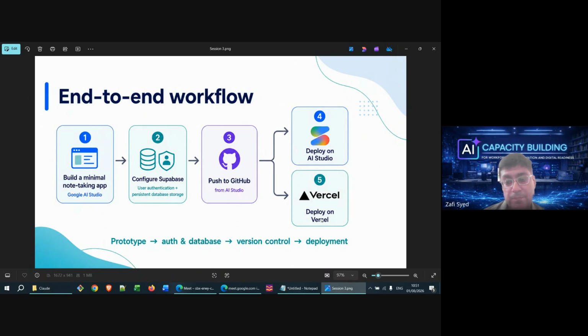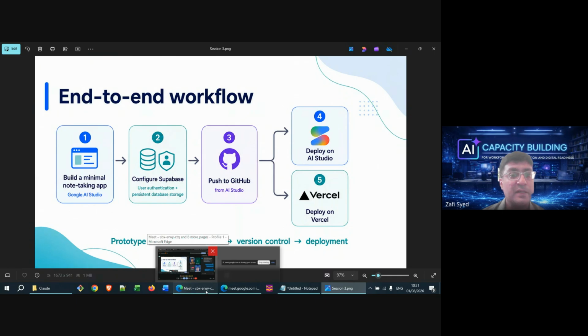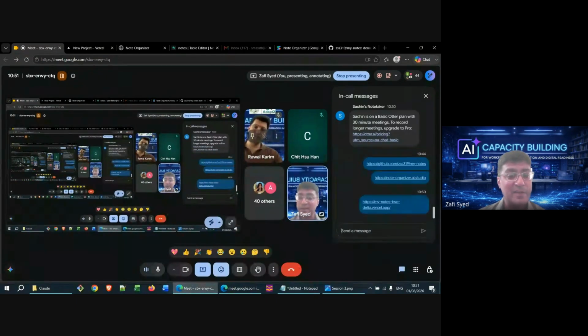I find Vercel to be a bit faster than AI Studio. But this could get better. AI Studio could be a bit faster in hosting, but anecdotally, I find Vercel to be a bit faster. And obviously, when you're creating an MVP, you want things to be faster. But again, these are just anecdotal things, and they're only applicable at this exact moment of time. I'm sure AI Studio would just get better very quickly. So this is how this works.